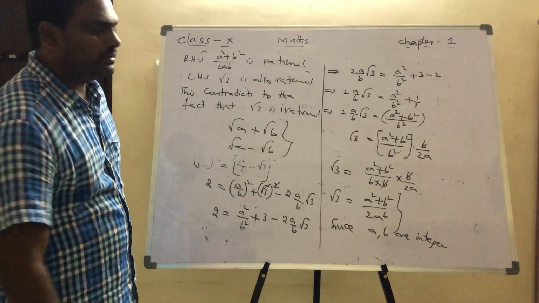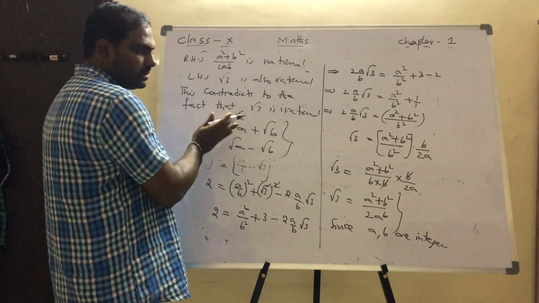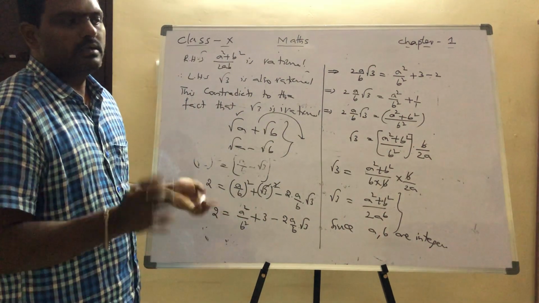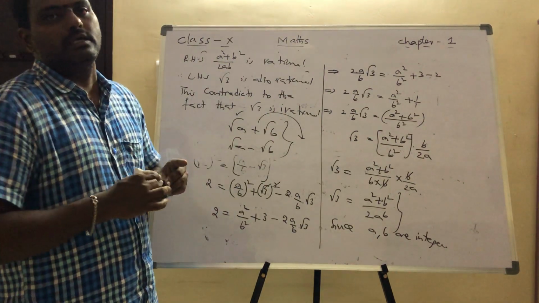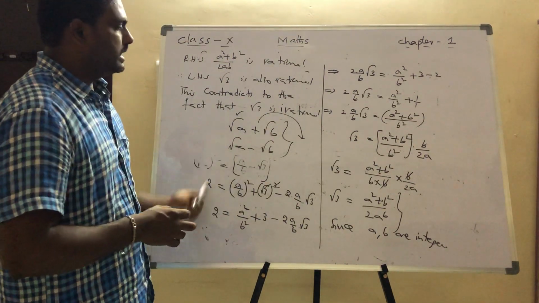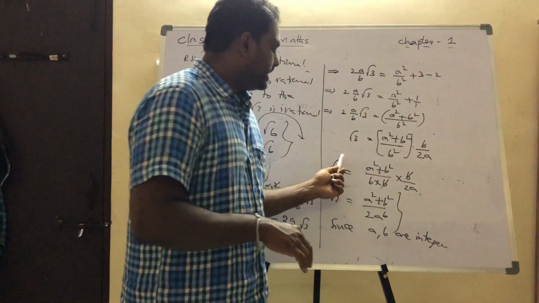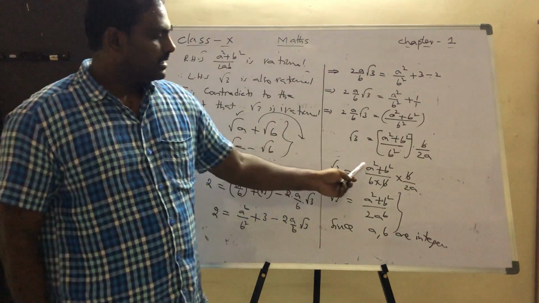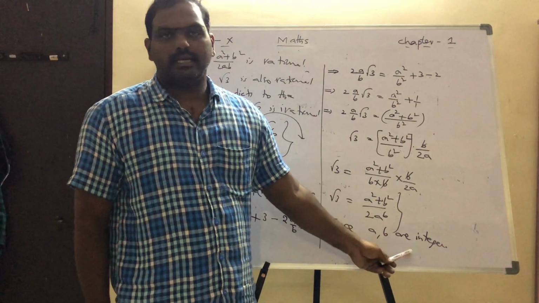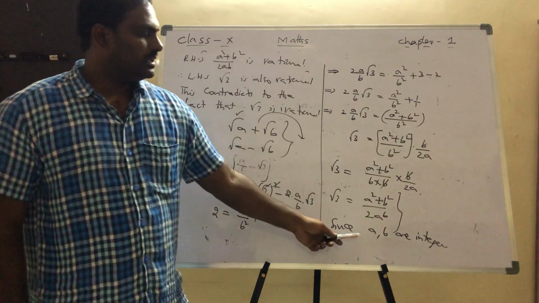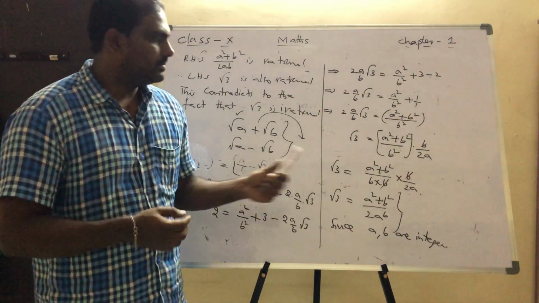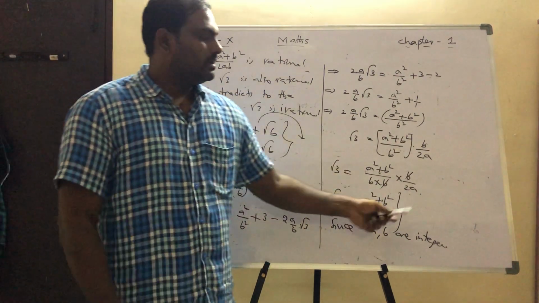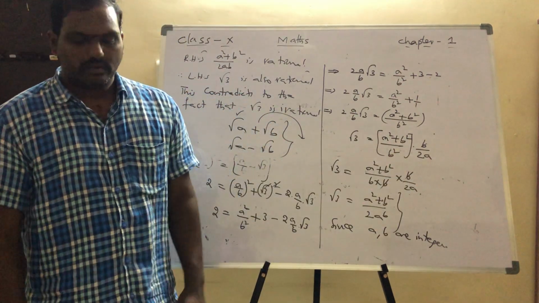In this case, what do we have to do? We have to place one root on the left side and send the other root to the other side. Then square on both sides, and simplify. At last, we keep one root on the left-hand side, and the RHS will be a rational number. Since RHS is a rational number, the left-hand side is also a rational number. But root 3 is irrational, so it's not correct. So therefore, it is irrational. We have to write that.